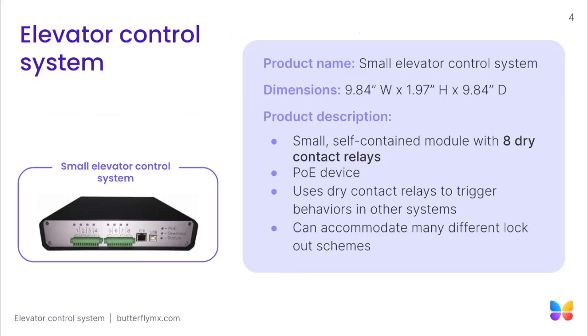Our elevator control system comes in two main configurations: our small configuration, which we see here, and our large configuration, or rack mountable option, which we'll take a look at in just a minute. Here we see some hardware specs for the small configuration, including the dimensions, which we like to compare to a textbook. The small elevator control system is most commonly installed or placed in an existing shelf somewhere in the elevator control room, or in something like an IDF closet. The device is a networked set of relays with 8 direct contact outputs per board. It is a PoE device, so you'll need to introduce a PoE-enabled Cat5e or Cat6 cable to provide both power and internet. For best practice, we recommend using PoE+.